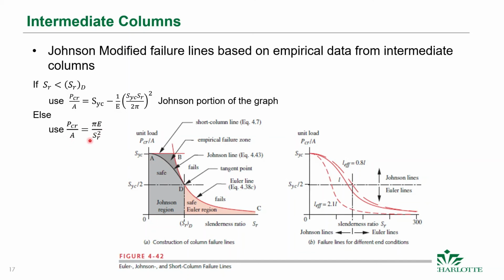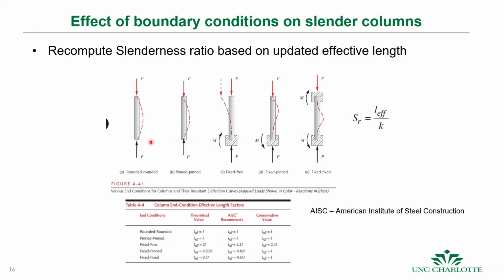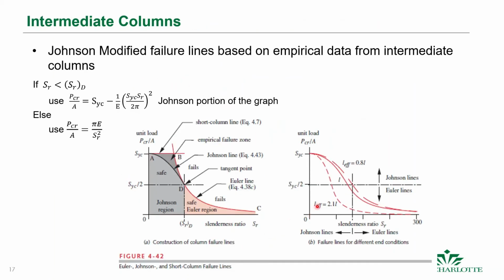If you're over here in the Euler region, you can use this expression over here that we derived from the Euler theory for the beam deflection. These are the failure lines for the different end conditions that we have. So this comes from here. We have the different effective lengths, and depending on the effective length that you're going to use for your end condition, then this point here